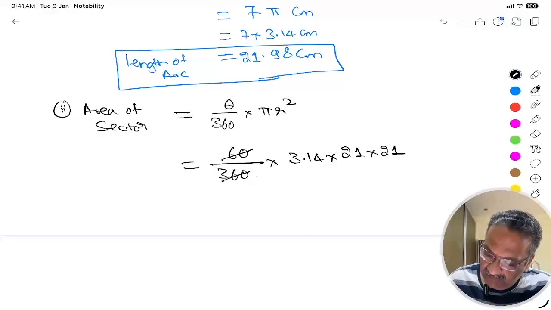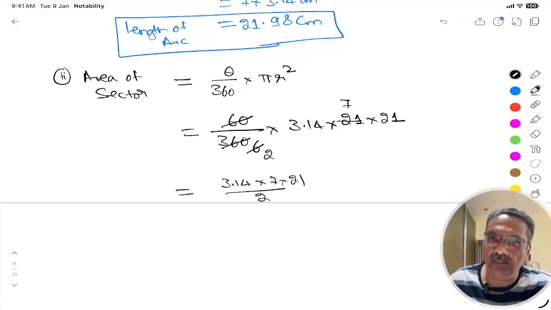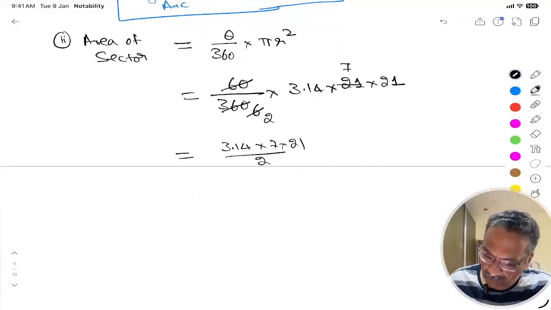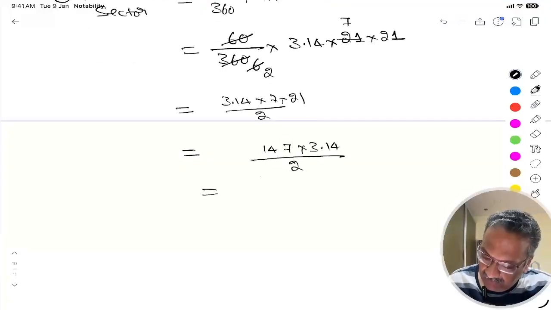So we have got 3.14 into 7 into 21 by 2. All right. So we have got 7 ones are 7, 147 into 3.14 divided by 2, which is equal to